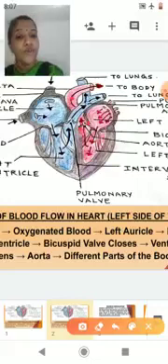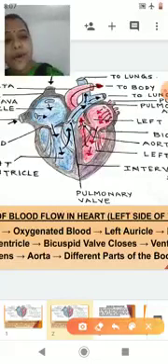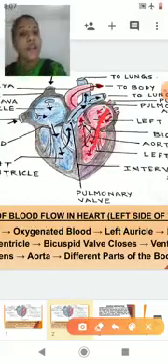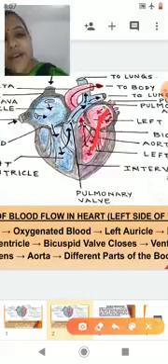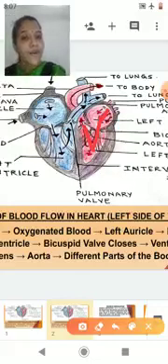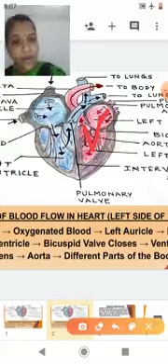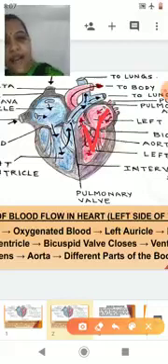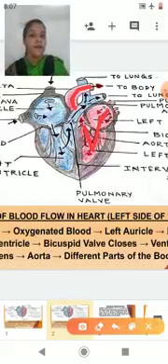I will draw and show you how it is. So here you can see this is pure blood entering into the left auricle. From the left auricle, when the bicuspid or the mitral valve opens, it will enter into the left ventricle. From the left ventricle, it will slowly enter into the aortic arch. The opening of the aortic arch is guarded by the aortic valve. When the aortic valve opens, it will enter into the aorta, and from the aorta, it will be supplied to the different parts of the body. Is it clear to you, students?